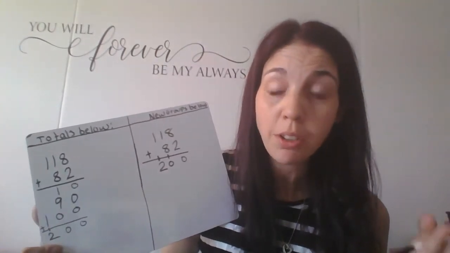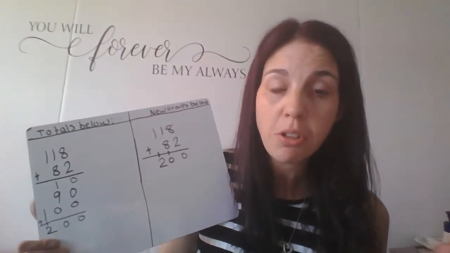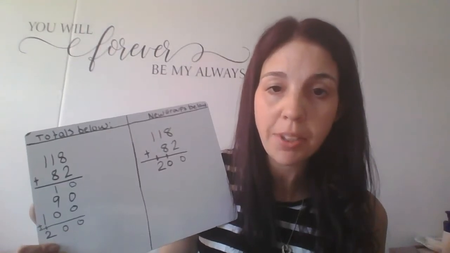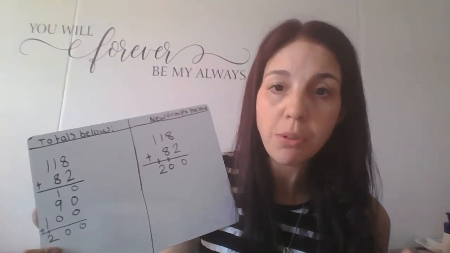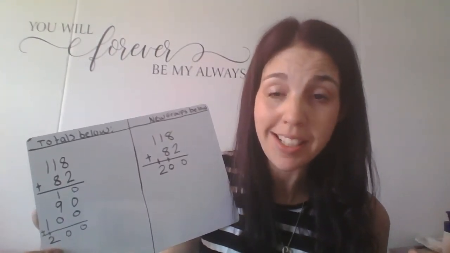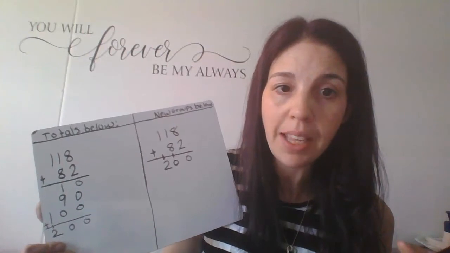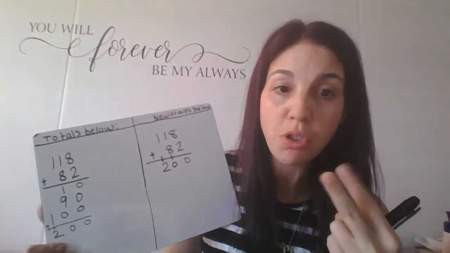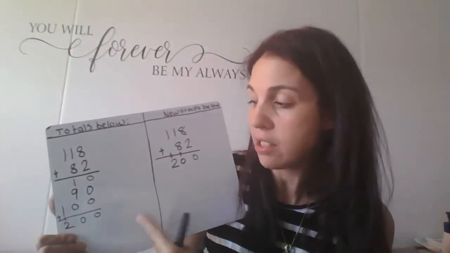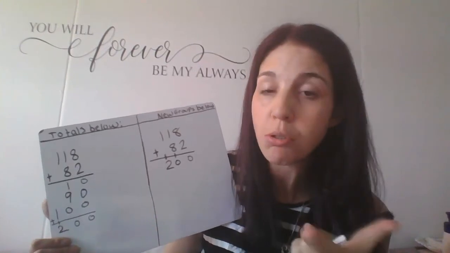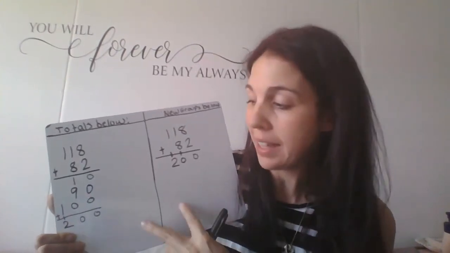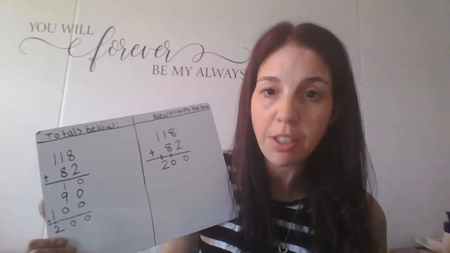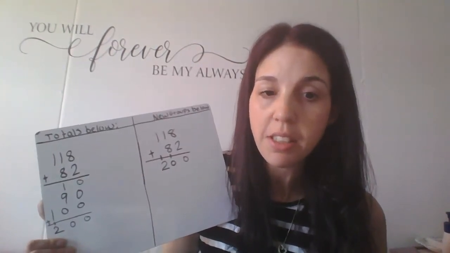Expanded form, you can use that strategy as well. So these are lots of different strategies. I'm curious to see which ones you guys enjoy, which ones are easier for you. And I want you to try solving the problems 2 different ways. Like I solved it today 2 different ways. You can choose 2 different strategies, and I want you to practice solving them 2 different ways so that we can make sure you're understanding the different